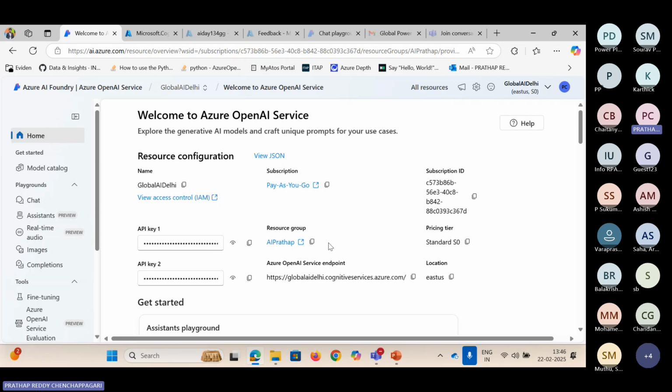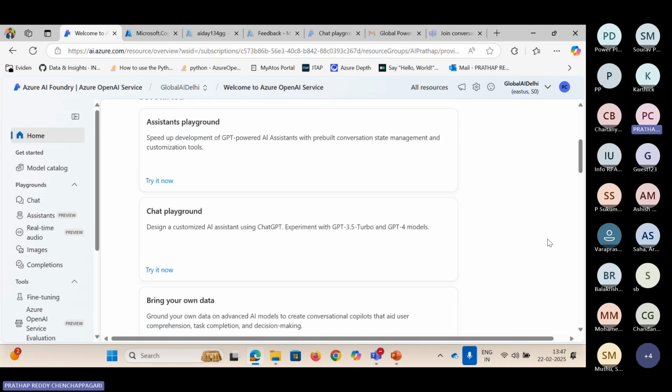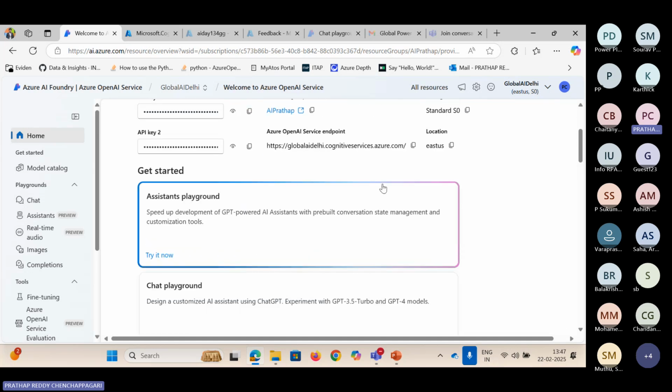We have types of API keys. You can use these API keys in your SDKs, like the Azure AI Foundry SDK, over your organization data, or for personal use, whatever it may be. You can use these API keys based on your business requirement as well. And we have the model catalog. But before going to the model catalog, we have different